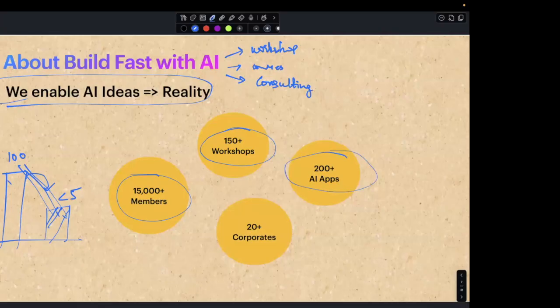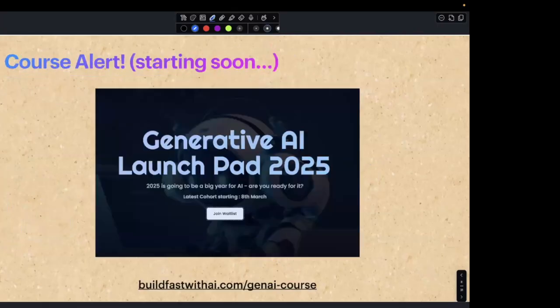And the team and I have built more than 200 AI applications to date. We will also show you how you can experience the hundreds of apps that we have built for free at the end of the session. And we have worked with more than 20 companies to help them with their generative AI transition so far. So that is the basic introduction you can have about us before we get started with today's session.